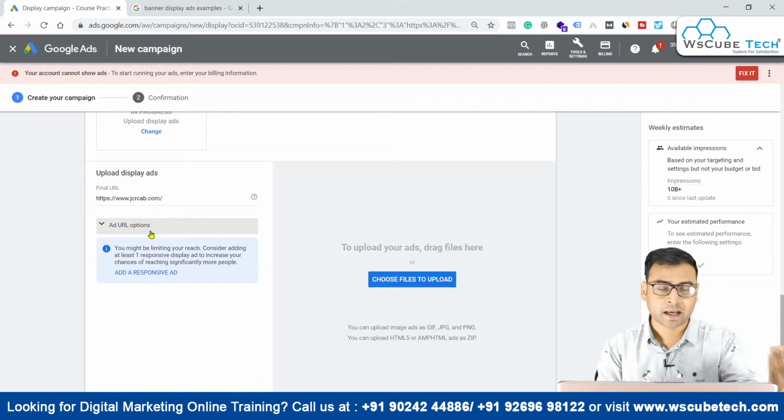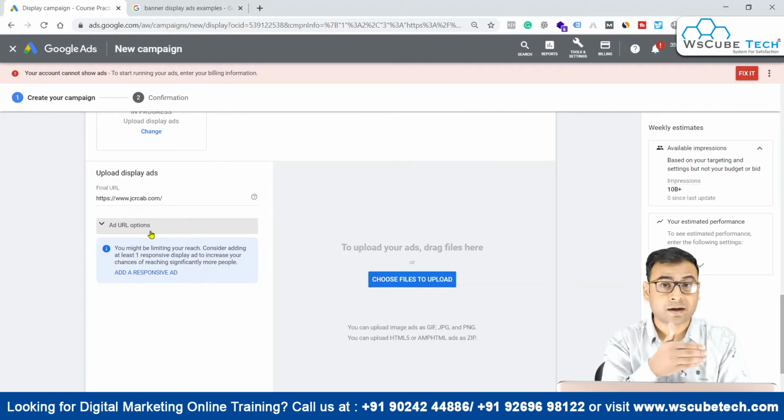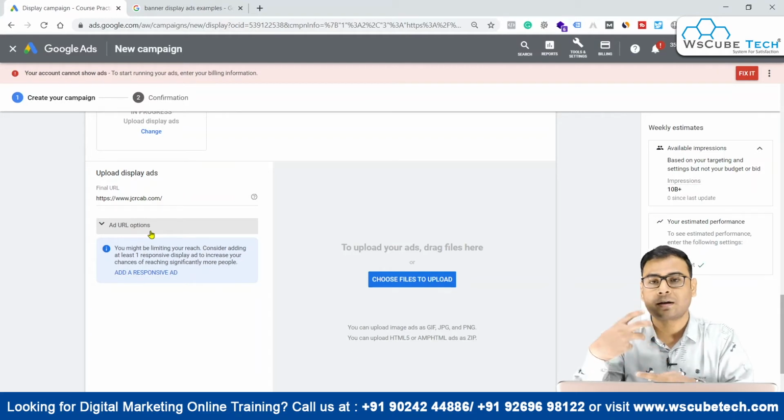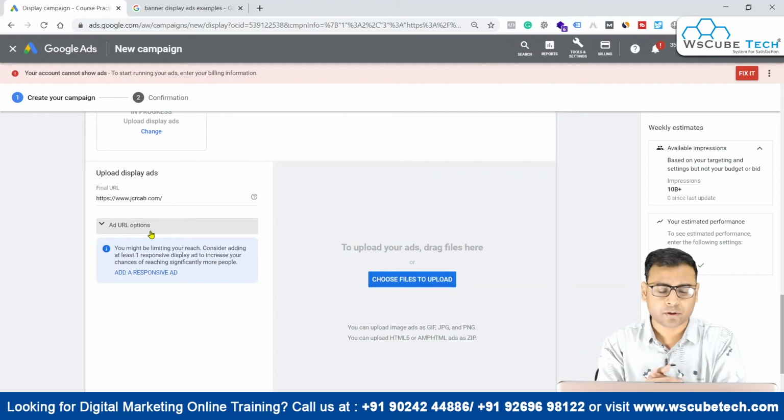In search ads, when you create your expanded text ads, they ask you to create another responsive ad also, so that the responsive ad can support the expanded text ad and give you some results. The same happens in display campaigns. They suggest you add a responsive ad, and I also recommend it, to see which particular ad is performing best.